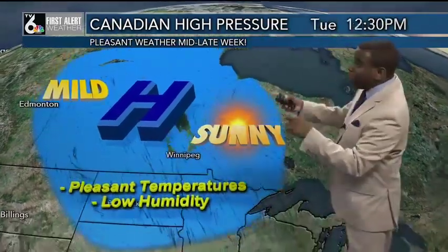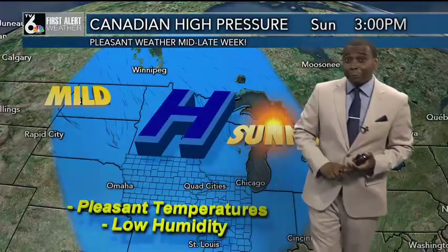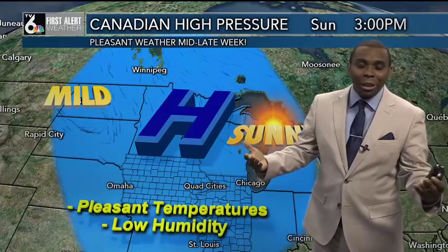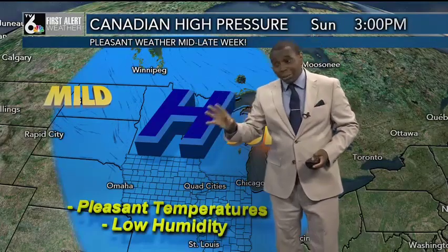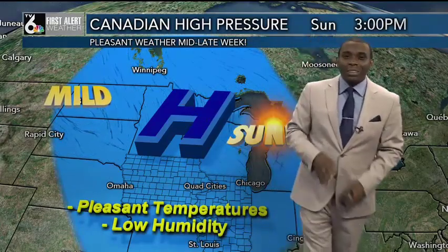and just in time for that heat and humidity combo to arrive on Tuesday afternoon, we've got a cold front, a strong cold front that's going to make its way to the south and east as you get into the middle and latter half of the work week. So that's going to bring in some pleasant temperatures, low humidity, and a nice Canadian refreshing air mass, and that's something that we're going to get to enjoy for the rest of the week. Now, of course, we need some rain, so that's the only downside to that. The good side, though, we're going to get a little taste of fall almost